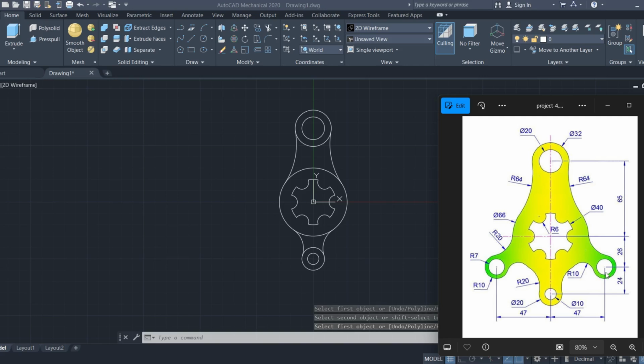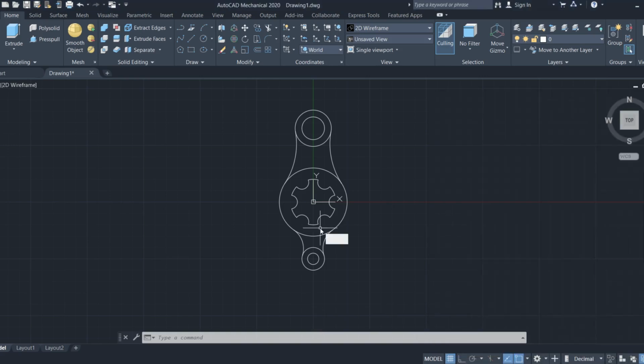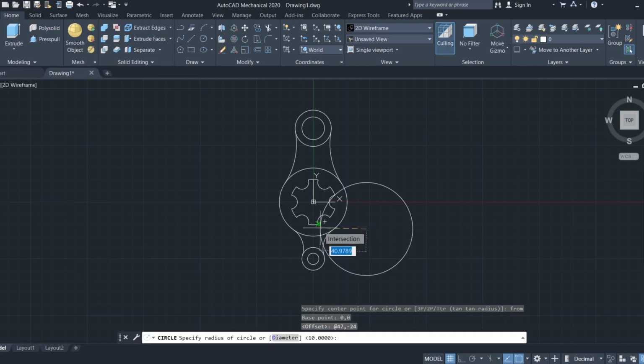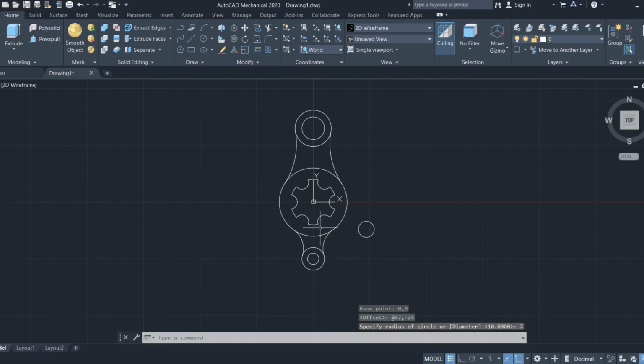Then next we will create the circle of radius 7 or 10, and the distance from the x-axis is 47 and from the y-axis is -26. Type C, enter, type from, enter, give base point 0,0, enter, give offset 47,-26, enter, give radius 7, enter, then pressing enter to repeat the previous command, give center point here, give radius 10,